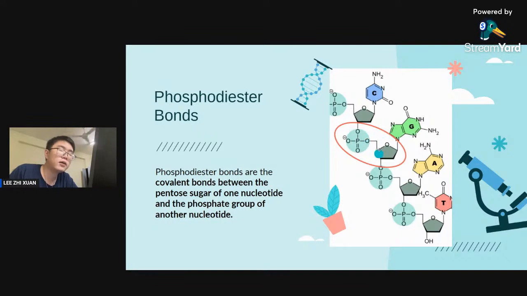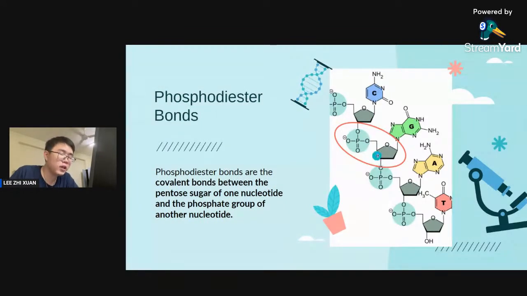They bond together. Not here, here. Sorry. This one is the basic structure of the nucleotide. This one in the middle, straight, is the